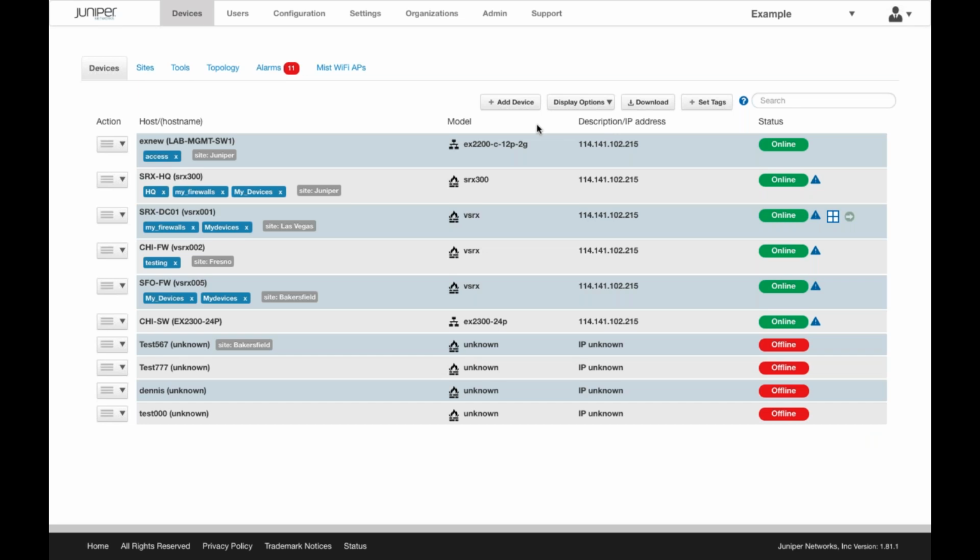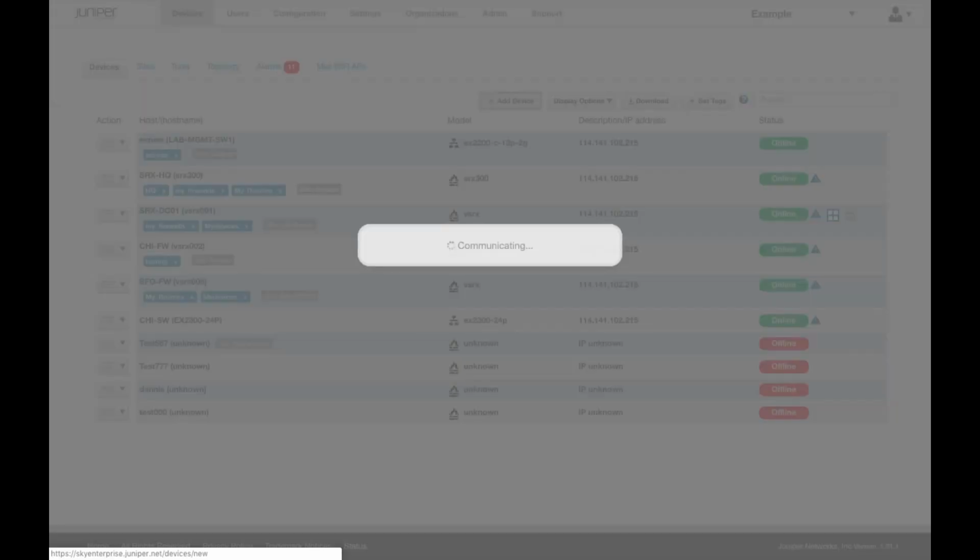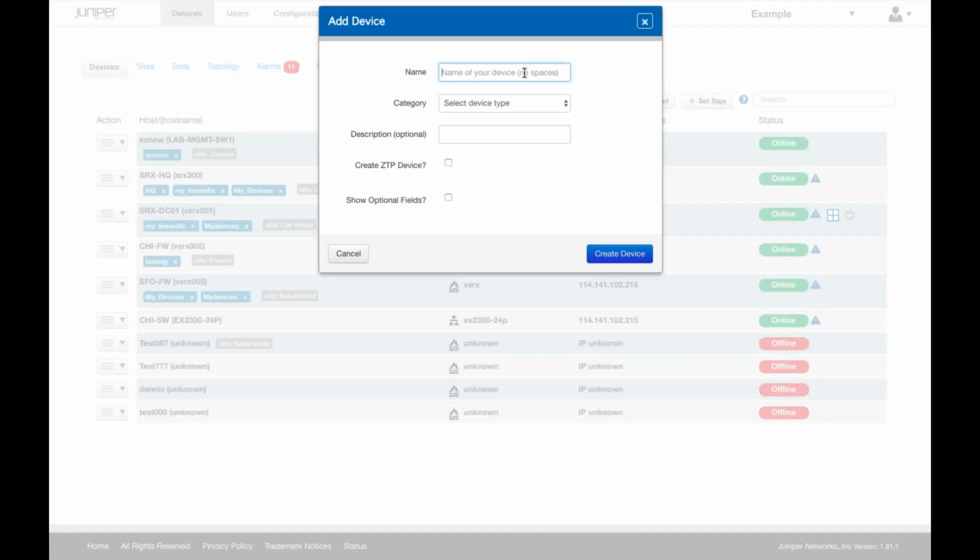Now, let's say we had bought a brand new device from Juniper, and this device has the phone home feature installed in the factory version of Junos, and we want to add this device to Sky Enterprise. So again, we go into Sky Enterprise and we create a host name, and again we tell it what kind of device it is, but this time we use the create ZTP device option here,